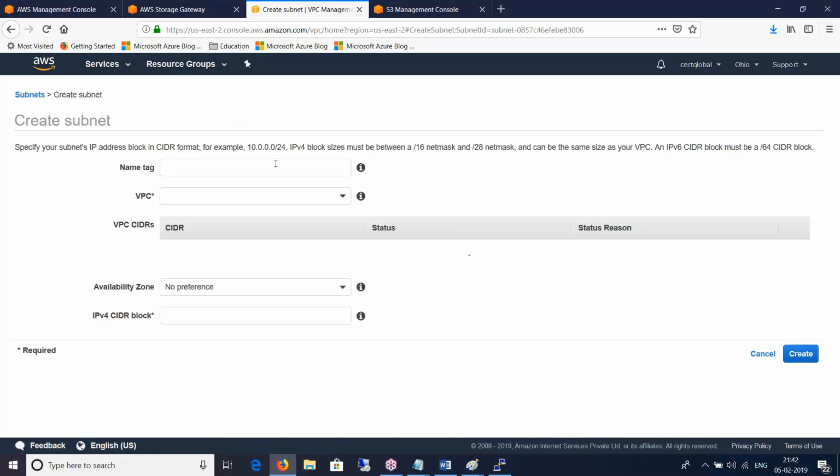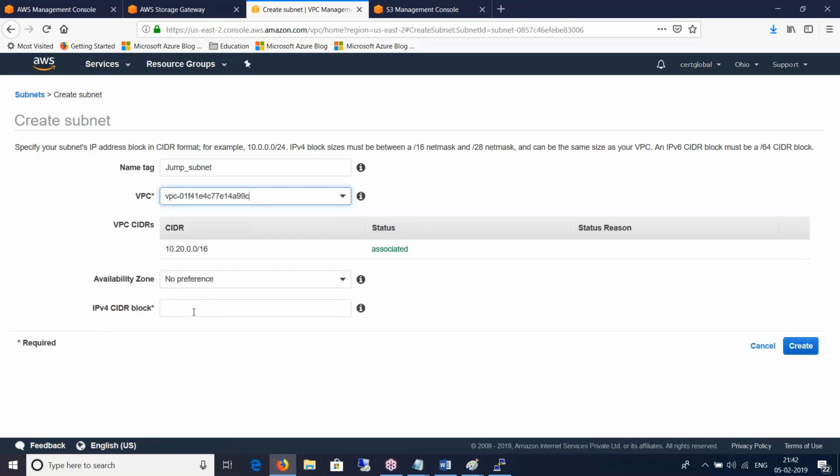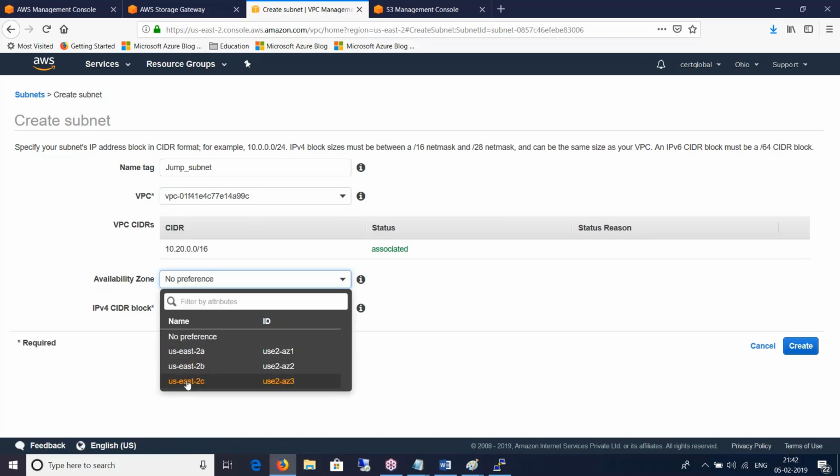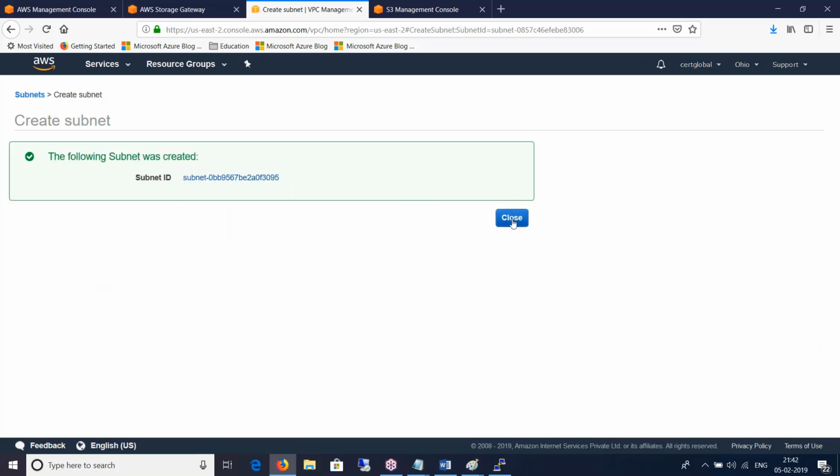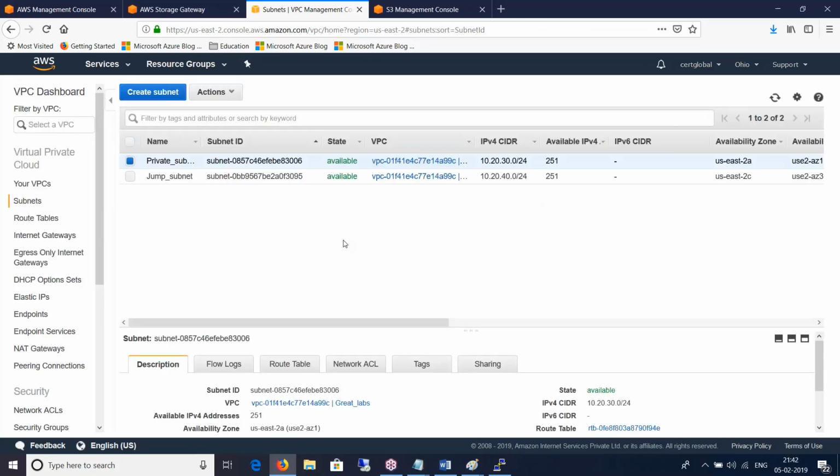According to our documentation, I need to have 2 subnets, so I'll say jump_subnet, and this one goes in the same VPC, and it will have a CIDR block of 10.20.40.0/24. Put them in 2C. I'm going fast because we did this yesterday, and most of us have already been through the essentials class.